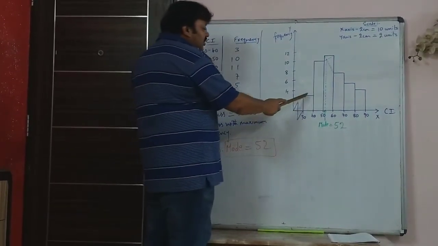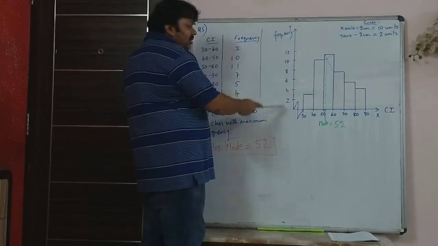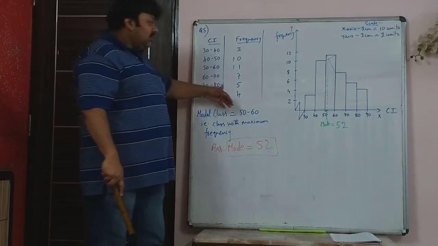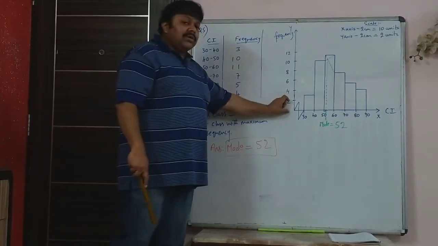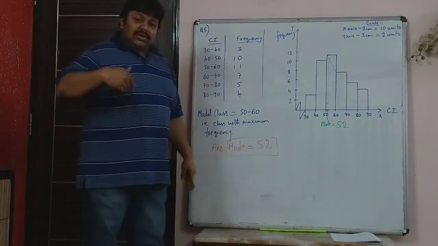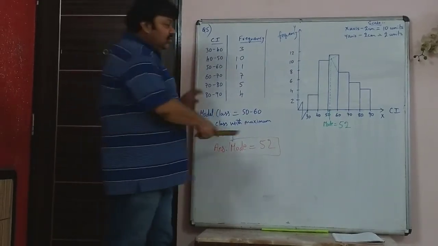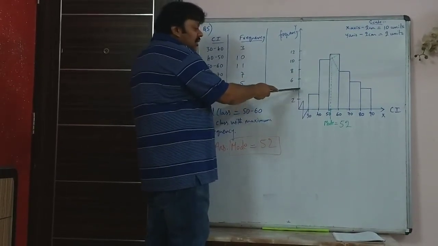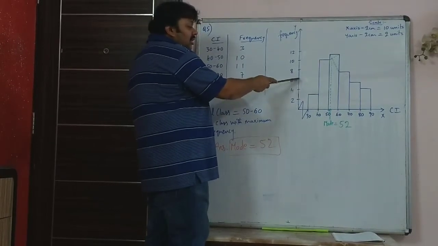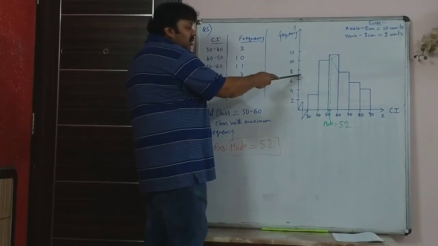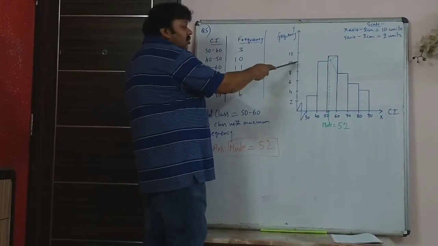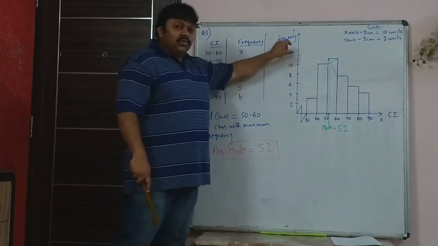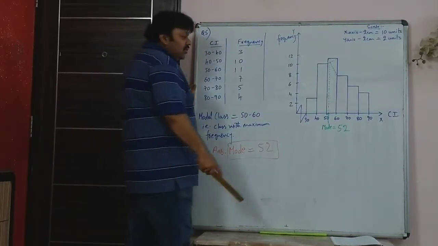30 to 40 has frequency 3. On the y-axis, if we take 1 centimeter is 1 unit, it will fit. So we have in fact taken 2 centimeter is 2 units, which means 1 centimeter is 1. So this one thicker box is 2 centimeter, 2 units. Then again 2, so it is 4. Then again 2 centimeter is 2, that is 6, then 8, then 10, and 12. So it is in groups of 2.